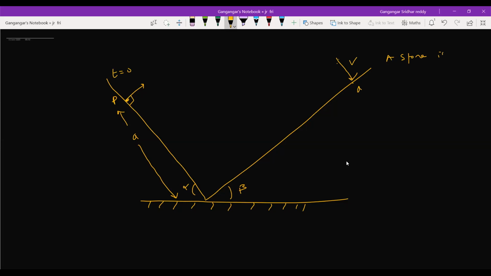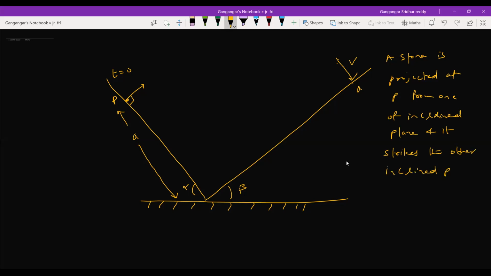A stone is projected at point P from one of the inclined planes, and it strikes the other inclined plane normally at Q. Find the time of flight, where OP is equal to a. Given is